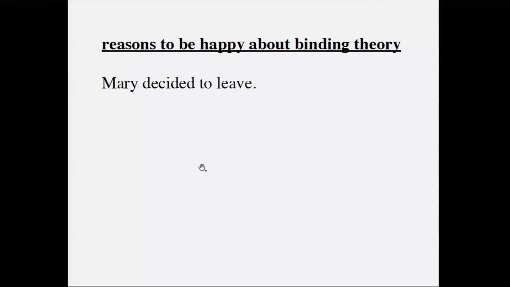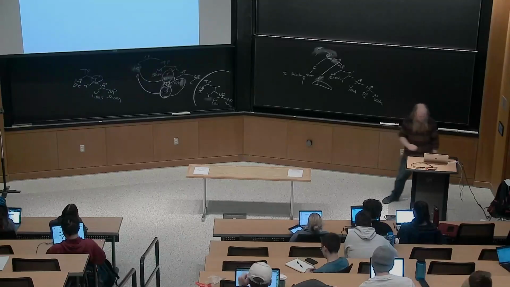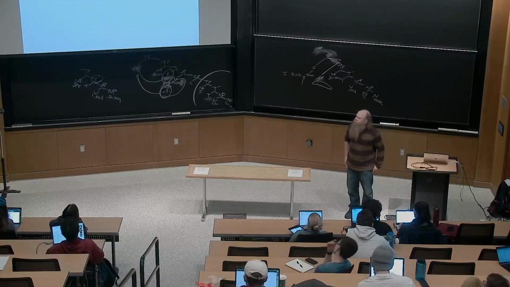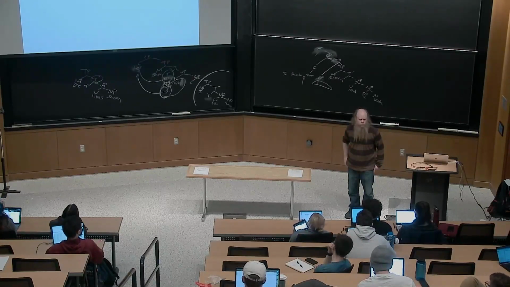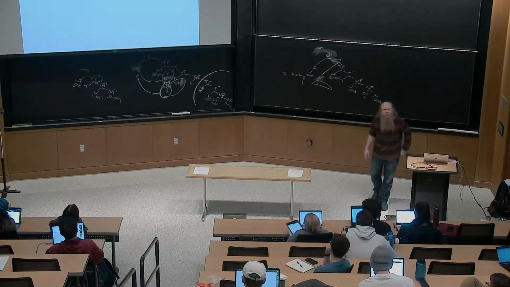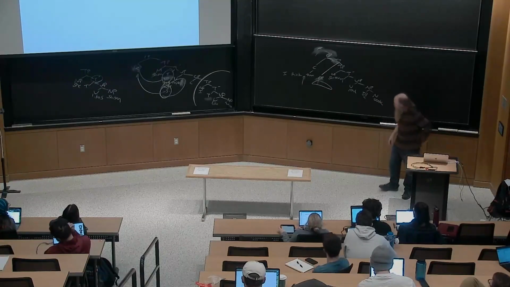Here's a sentence. Mary decided to leave. Fine sentence. How many TPs are in this sentence? Well, there's at least one. What's "to leave"? "To" isn't a preposition here. This isn't like "Mary went to Toledo." In fact,